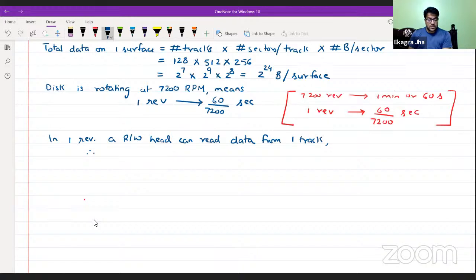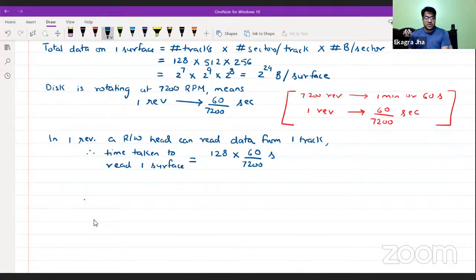Therefore, the time taken to read one surface will be the number of tracks multiplied by the time taken to read the data from one track. So that should be 60 upon 7200 seconds. Right. So 60 upon 7200 seconds is one revolution, which equals the time taken to read